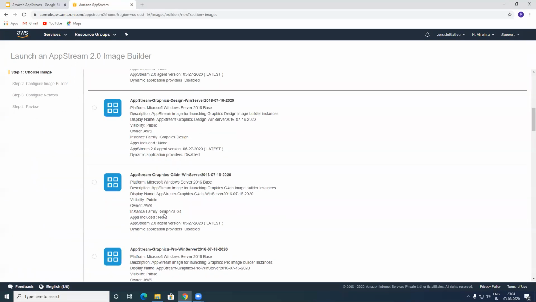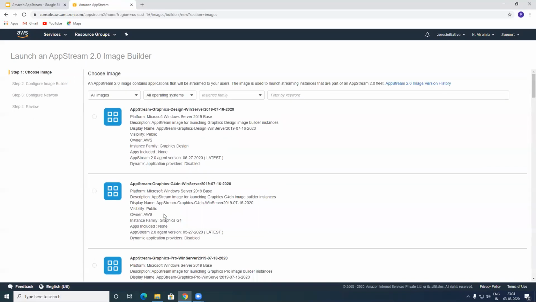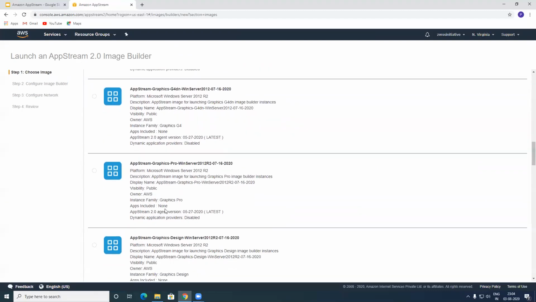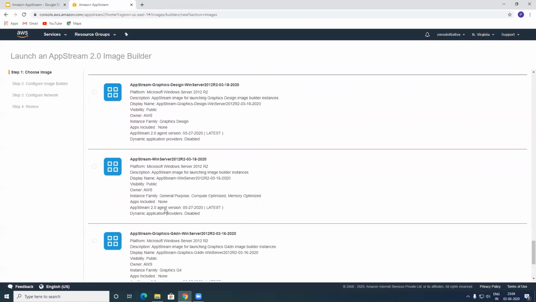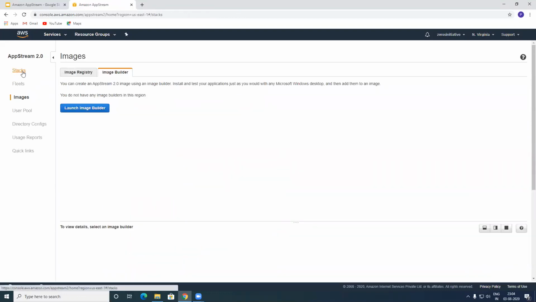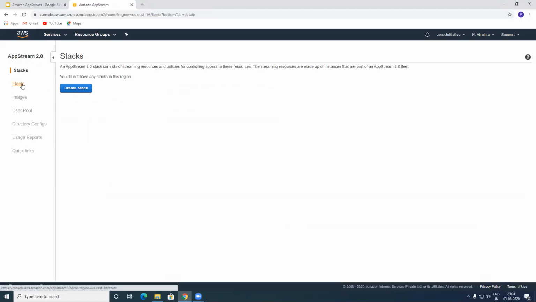I'll have one separate lecture in terms of AppStream, in terms of doing the lab itself. But just understand that all you need to remember for an exam or on your day-to-day work basis is that you can build an image first. Once you build the image, you can go ahead and launch it onto your stack, and then go ahead and configure your fleet of instances that would be using that image in order for people to access it and start working with it.